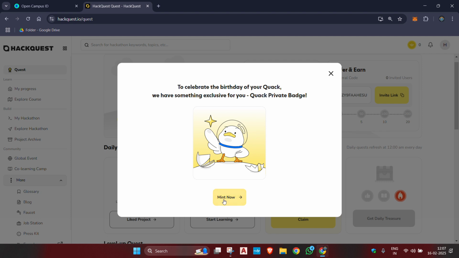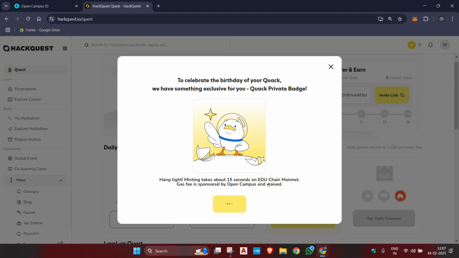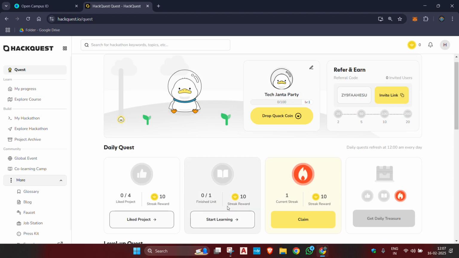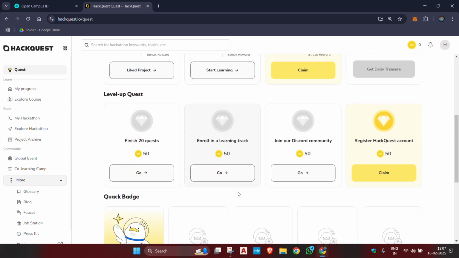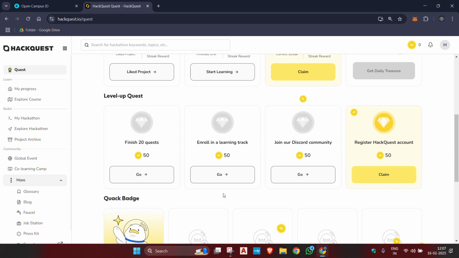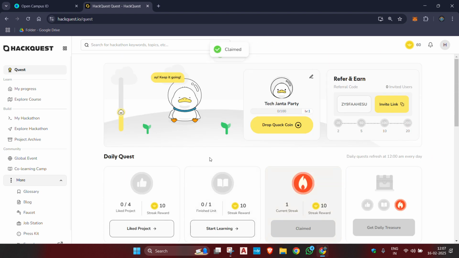But if you have some EduChain tokens and you click on this mint option, you can directly claim this NFT. This is an exclusive NFT given by HackQuest to all new joiners. Just click on confirm. And yep, you can see that I already have this, and you can just click on claim. And yeah, we are done with our HackQuest